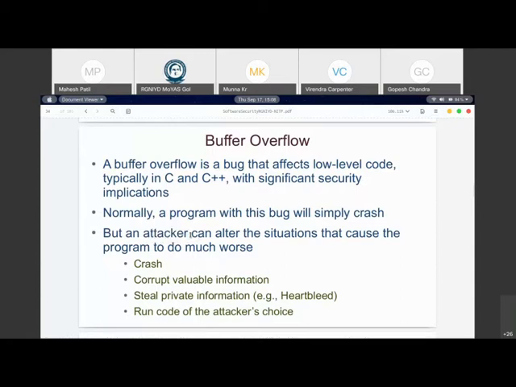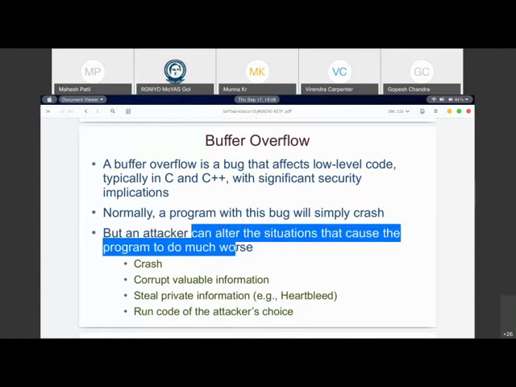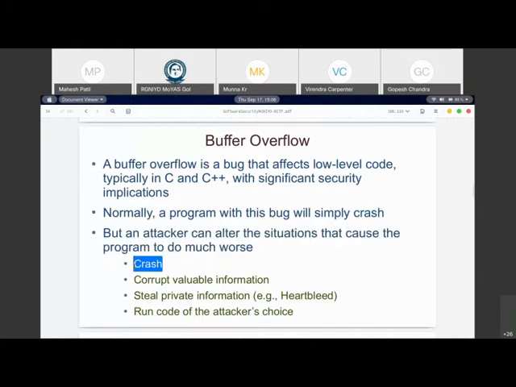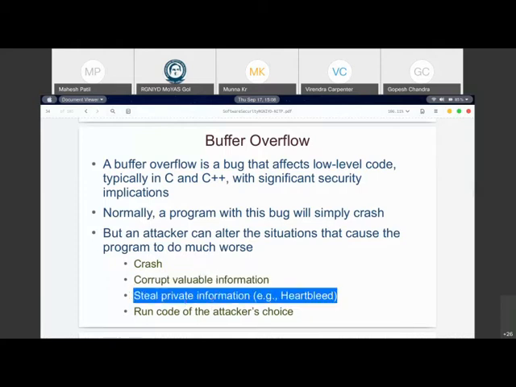So what can an attacker do? If I have something like that, I can crash the program, or if I have very good control, I can even corrupt the valuable information inside the process itself, which is also possible to do. I can steal private information, and this is exactly what happened during Heartbleed, one of the major bugs inside OpenSSL, wherein they were allowing us to read data from the client side beyond a particular buffer size.